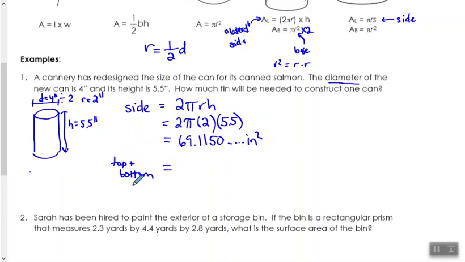Okay, and my top and bottom is going to be pi r squared, and I need 2 of them. So I need 2 times pi r squared. Substituting my radius in there, I'll do 2 times pi, then my radius is 2, and I have to make sure I square that. Putting that into your calculator, you should get 25.132, and so on and so forth,